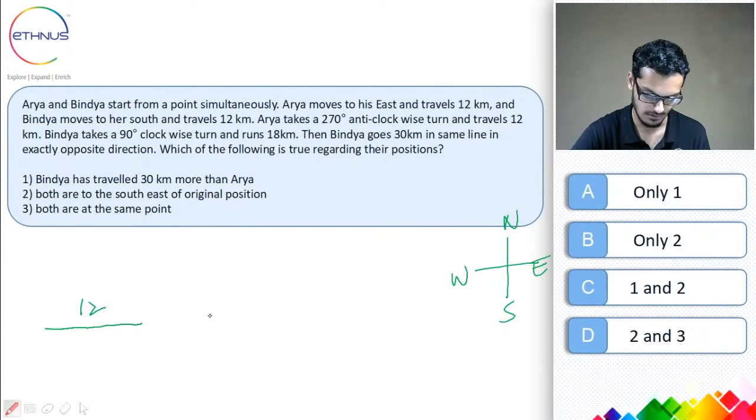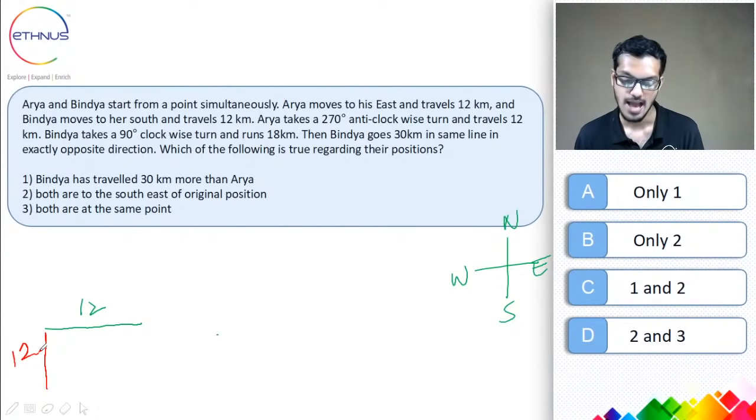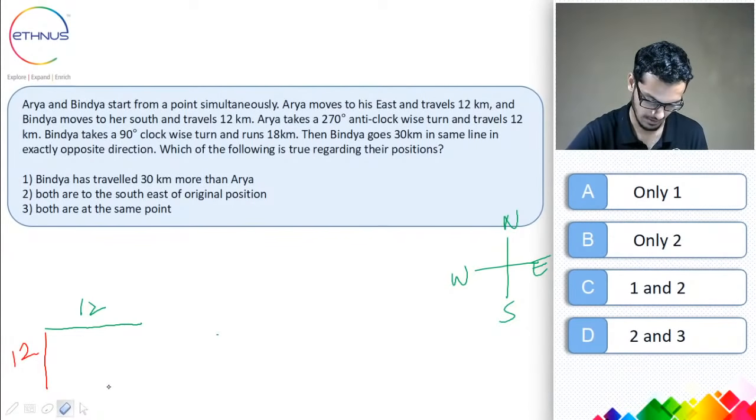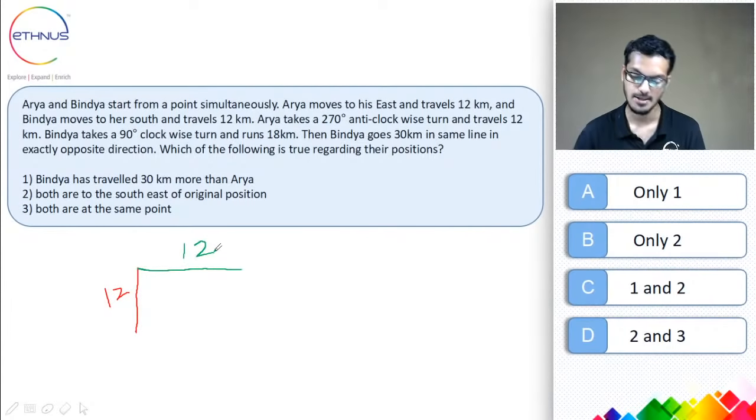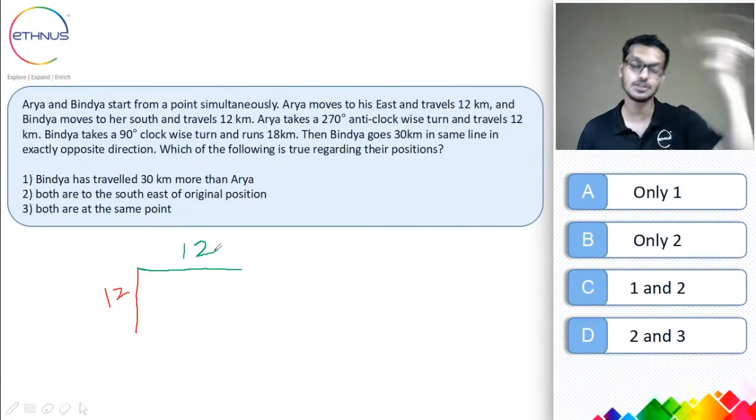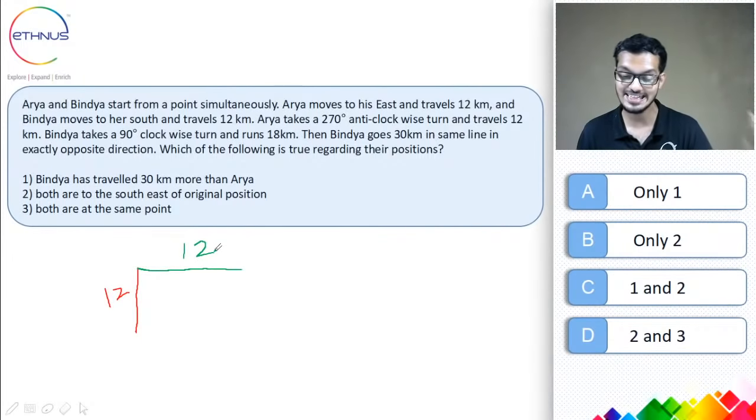I think I used green color for that. Okay, so I'm going to use red color for Bindya. So Bindya will go 12 kilometers south. Okay, and Arya takes a 270 degree turn. I think I'll not be able to do it here. So let me just quickly write it once again. So this is Bindya 12 kilometers and Arya goes 12 kilometers to the east, and Arya takes a 270 degree